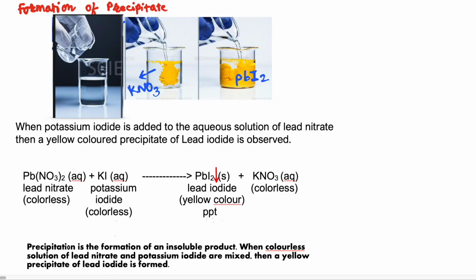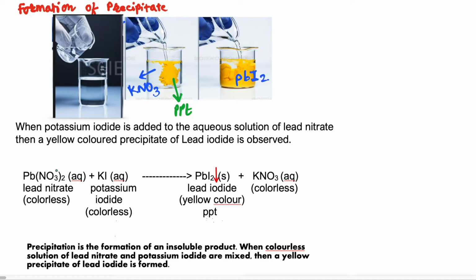When two reactants are mixed, if one of the products formed is insoluble in water, then it is called a precipitate, written as PPT or precipitate, and is indicated by an arrow pointing downward. For example, when an aqueous solution of colorless potassium iodide is mixed with an aqueous solution of colorless lead nitrate solution, it forms lead iodide at once, which is bright yellow in color, and this lead iodide is an insoluble product in the colorless potassium nitrate solution.